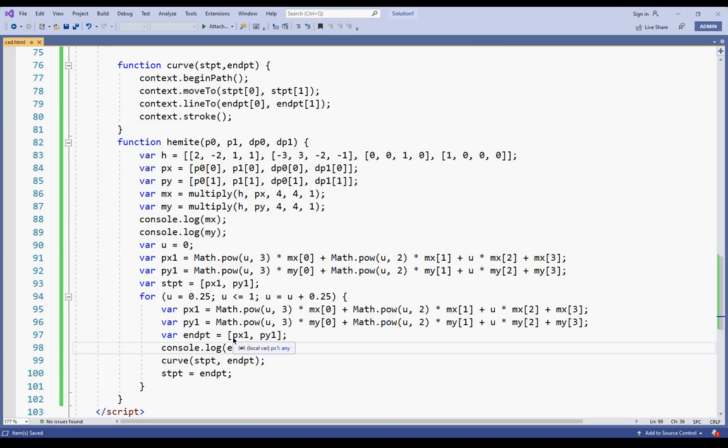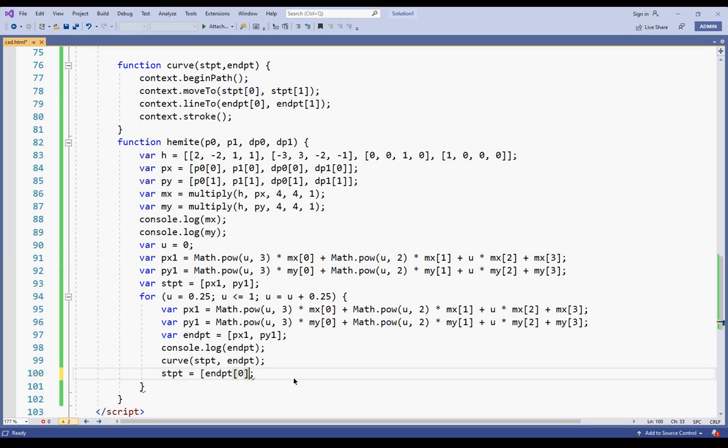So end point is equal to px1 py1 and then start point is equal to end point. Oh, that is the problem. So it is an array, so I cannot assign in this way.